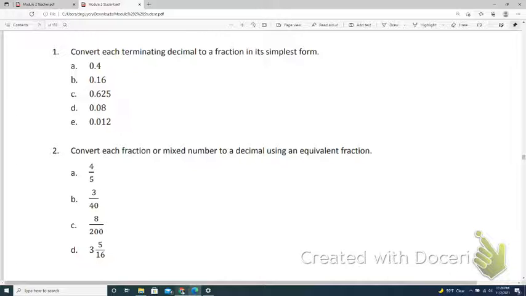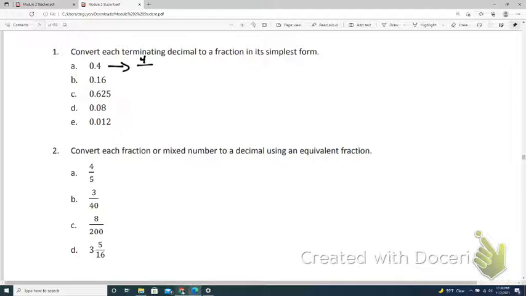All right, so again, this is page 95 or 97, I think. The first section is just convert each terminating decimal to a fraction in simplest form. Remember, a terminating decimal is just a decimal that doesn't repeat. So all these decimals don't repeat. To turn a decimal into a fraction, whatever's after the decimal, remember, it's a 4, put that on top. And then the bottom,